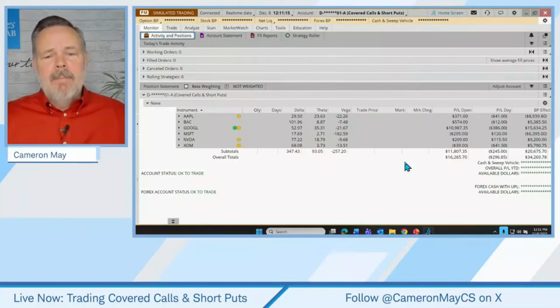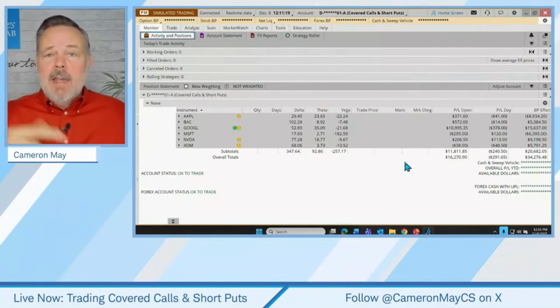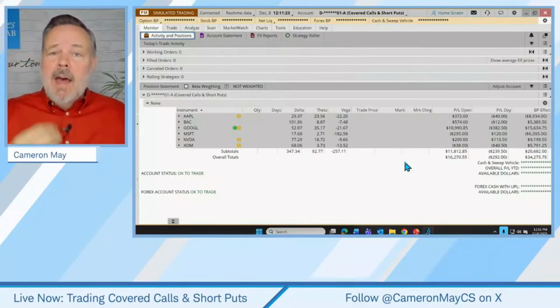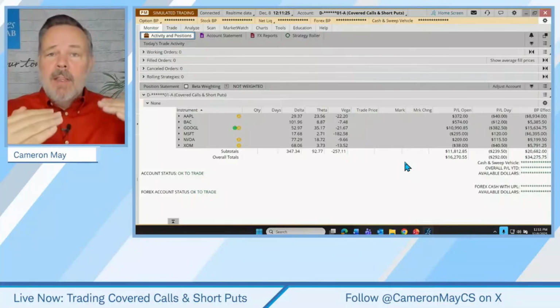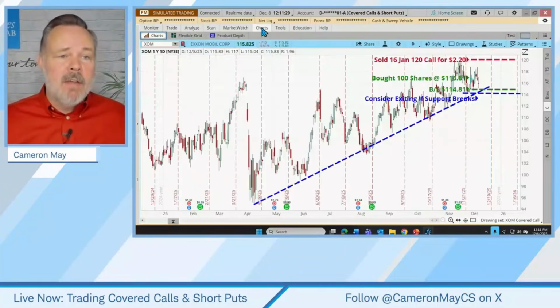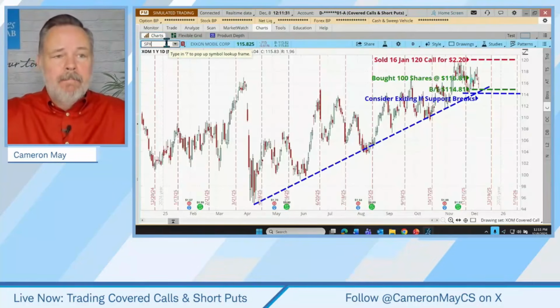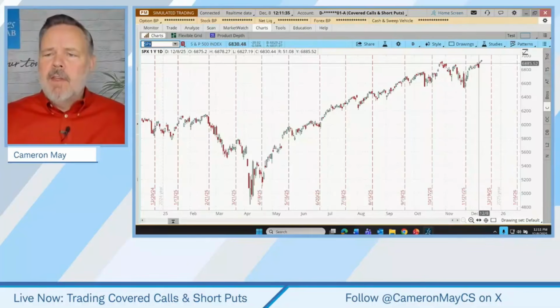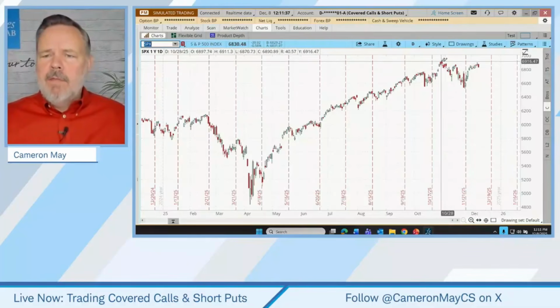On the other hand, if they're trading these same strategies at times when stocks are persistently bearish, they're probably not accomplishing a lot more than slowing the bleeding with that income. So let's go see what's going on with stocks right now. So here's the S&P 500. Not getting off to a great start for this week, but really off of these all-time highs on the S&P 500.